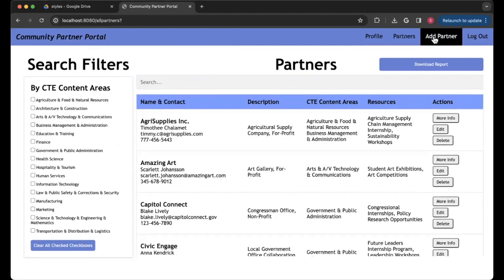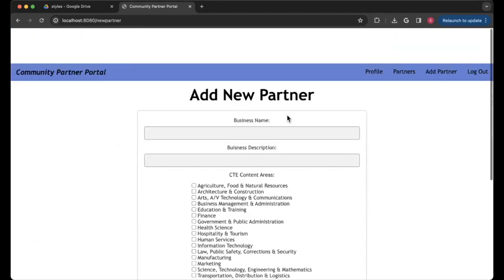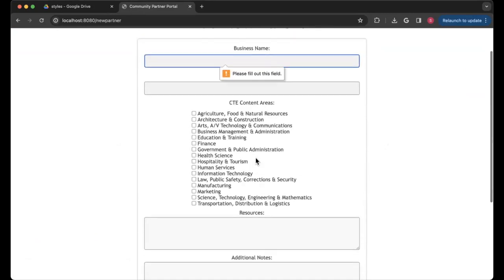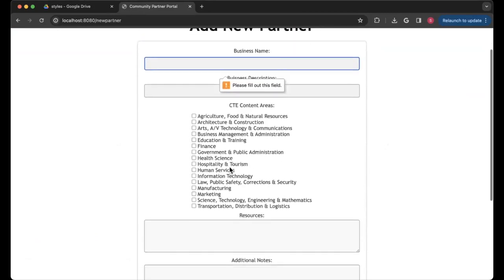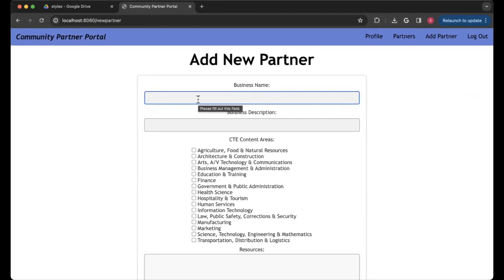Next, if a user wants to add a new partner to the database, they can do that by clicking on the Add Partner button, and then they have to fill out this form. All of the fields except for additional notes are required. But let's fill out a fake partner. So let's say we have Space Center